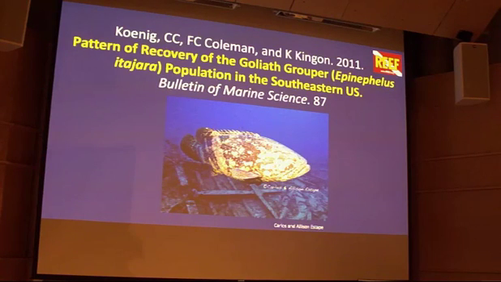And the reef data set, again, because these are very charismatic, you're not going to miss them, you're not going to misidentify them, is a pretty reliable data set. And because we've been there the longest, since 1993, the reef data set is the data set that they use primarily to evaluate what's going on with Goliath grouper in Florida. So there have been several papers published. They've been used in several SEDAR assessments of Goliath grouper and other species. And this is just one example of a publication that used the data out of Chris Koenig's lab.